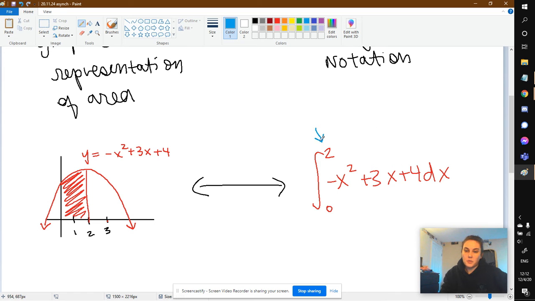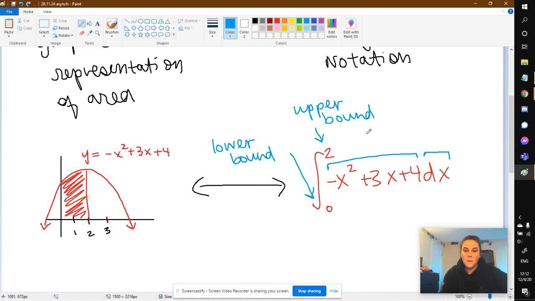I'm going to name these parts really fast, just for funsies. I think we've done this in other notes, but never too often. The lower bound is called the lower bound. Very creative, right? The upper bound is this top number that tells you where we should stop to the right. The function is called the integrand, but honestly, we're just going to call it the function a lot. And then this is called the differential,